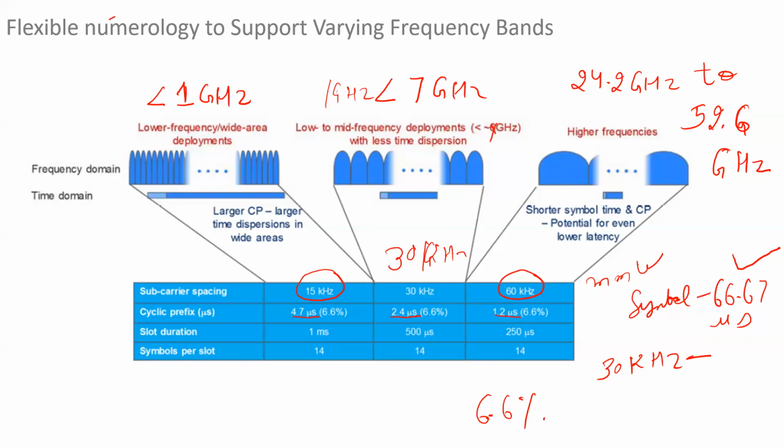The slot duration is earlier 1 millisecond. Then we have this 500 microseconds, and then we have this 250 microseconds. As I said earlier, if we can make 100 decisions in 1 millisecond, here we can make 200 decisions in 1 millisecond, and here we can make 400 decisions in 1 millisecond. But the symbols per slot will always be the same. It will be 14, 14, and 14. It will never change. Okay, so just remember, symbols per slot will never change. It will always remain 14, 14, 14.